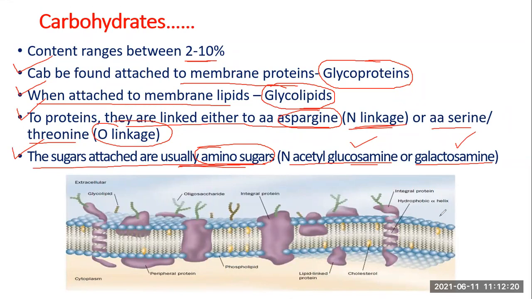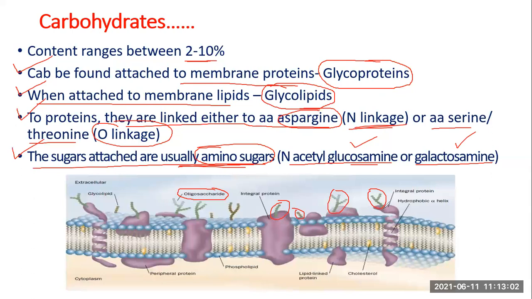So these pictures show you the presence of carbohydrates. These are all carbohydrate moieties, carbohydrate residues, oligosaccharide units, right? When you say oligosaccharide, it means you have more than 2-3 monosaccharide units together. You can see there are multiple of them, 8, 10, 15, something like that. And the majority of them are amino sugars. One thing you have to notice is that oligosaccharide units are made up of multiple monosaccharide units. Also, you must notice that some of them are attached to proteins.